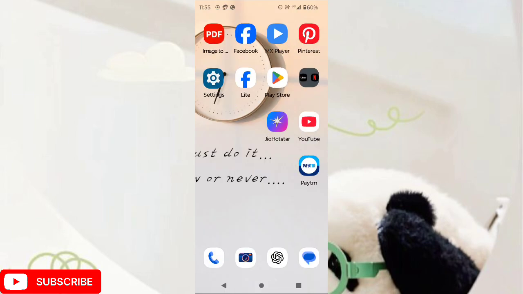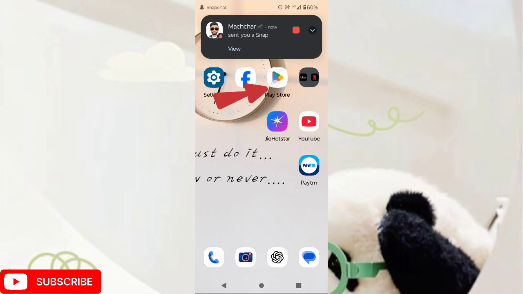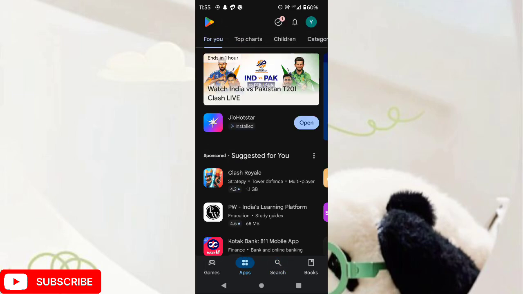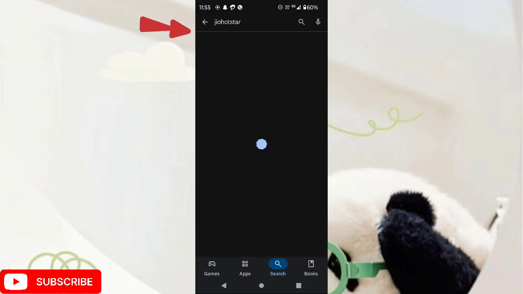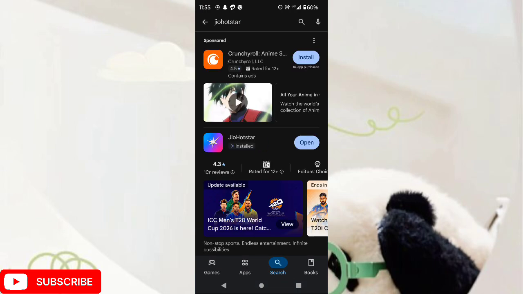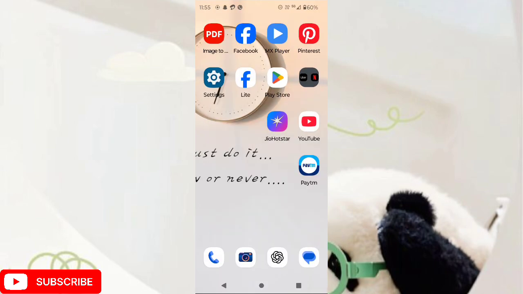Now go back to the home page, open the Play Store app. Now at the bottom tap on the search icon and search for Jio Hotstar and update it if not. And if you still face the problem, then try to once restart your mobile phone, and you can also try